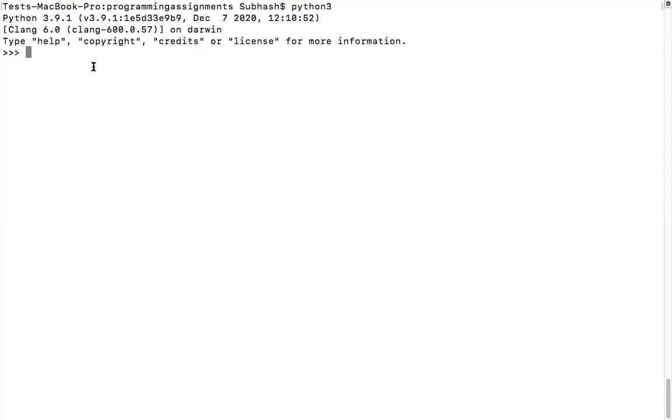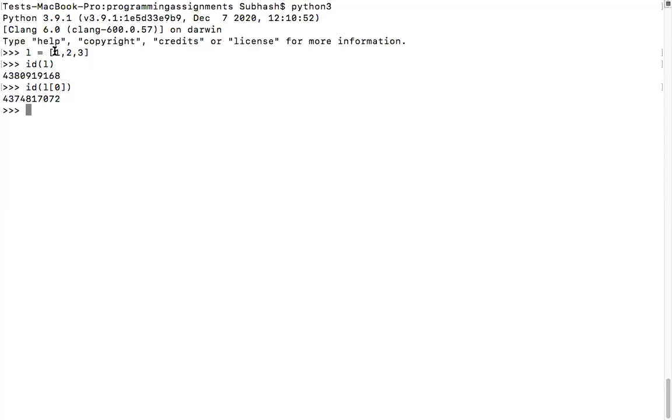If you want to implement the same concept of list or tuple in C language, it would have been a very difficult task. Programming languages have evolved. Having said that, L is equal to 1, 2, 3. Now let me see the ID of L. It is somewhere around 168, isn't it? Okay, now the ID of L of 0, let me see what that gives. Did you see that? It is in a different memory location.